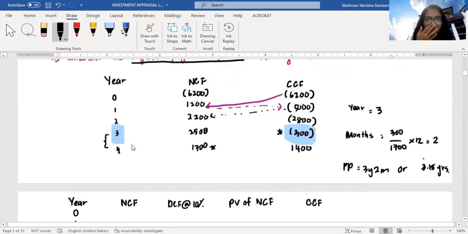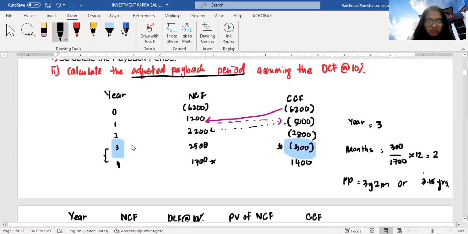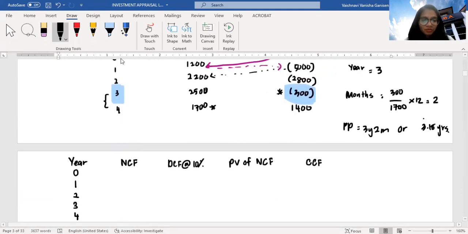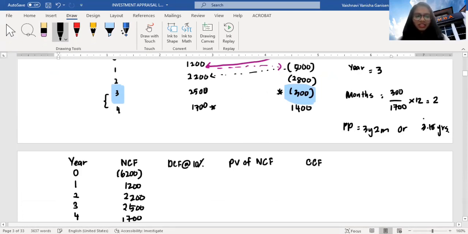My net cash flow was negative 6200, 1200, 2200, 2500 and 1700. Okay, let's just hope that this will become positive in the end, because the discount factor is